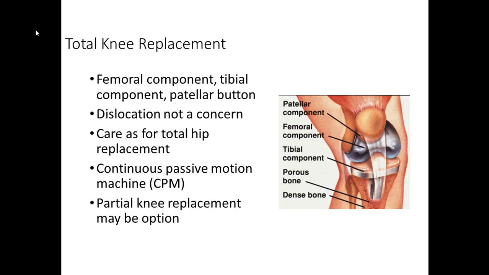double. They're going to be on Lovenox, the same. Cough and deep breathing because they're not going to be as mobile. So it's pretty much the same as a hip, except they've got the CPM machine. They're not worried about dislocating it. And again, the dressing doesn't get changed till the following day. And the hips and the knees are now a 24-hour stay. They used to be a 72-hour stay, and that way they were covered if they needed to go to the nursing home. But now they have really amped down and are only doing 24-hour stays, unless there's issues, obviously. But generally, each person has a 24-hour stay.